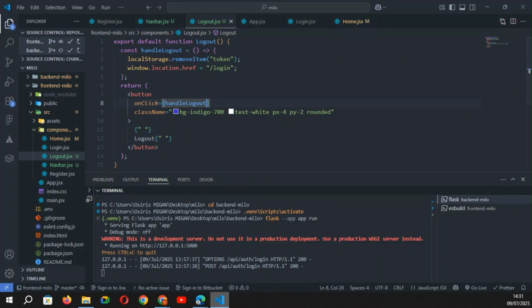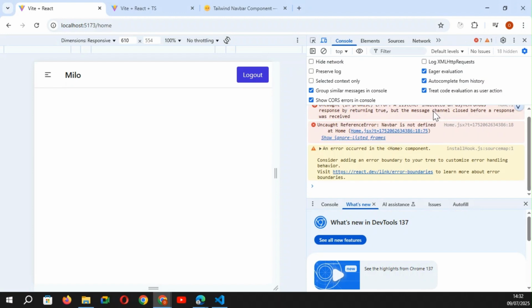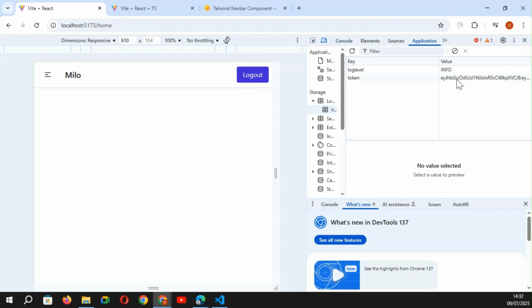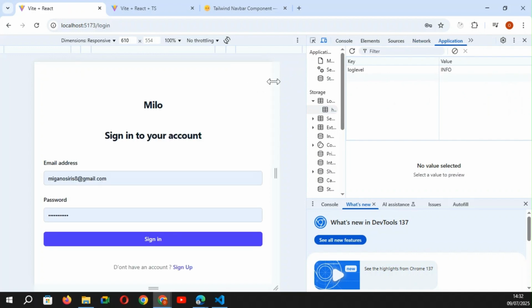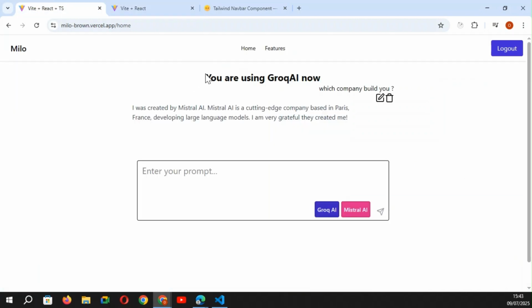So we can test logout, open my console, applications. Okay, I have my token, and I click on the button logout. Okay, I don't have my token now, and the user is redirected on the page login. Let's start now to complete a page home as this example. Okay,